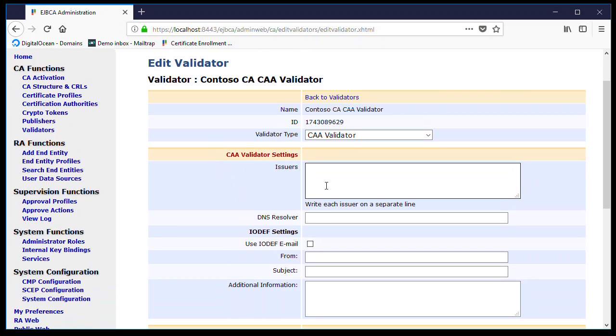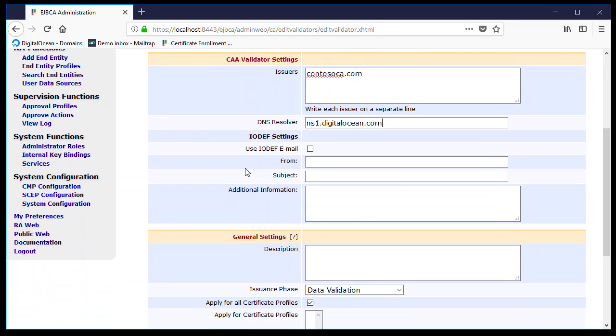For the issuer, we are going to configure the following name: contosoca.com. That is the name that will identify our own sample certification authority. For the DNS resolver, we are going to set a DNS server where we are going to manage our sample domains with CAA records. Then we are going to configure IODEF